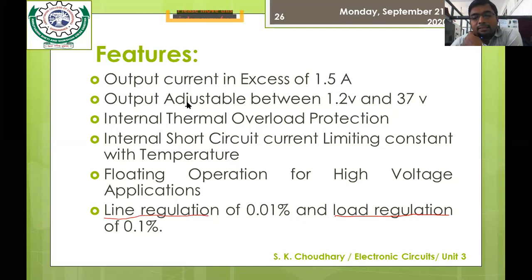Okay, the definition is actually correct. So the line regulation is to maintain the constant output voltage with respect to the change in the input voltage. So what is the formula? Delta V out upon delta V in into 100, because we have to measure it in percentage. Okay. What is the load regulation?